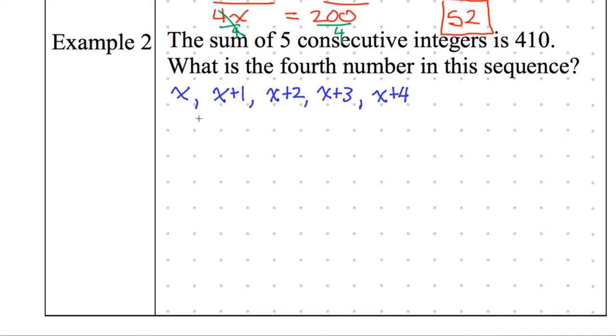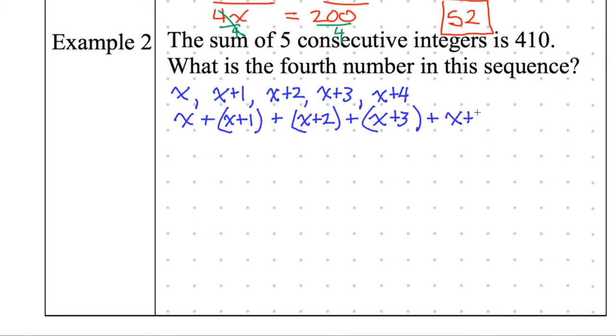Okay. X. So now we're actually doing the equation. Yeah. Okay. Plus x plus 1 in parentheses. You're doing parentheses around them? Okay. Plus x plus 2, plus x plus 3, and then x plus 4. Okay, then what'd you write to make it an equation? 5x. Oh, you simplified this side. This side is 5x.